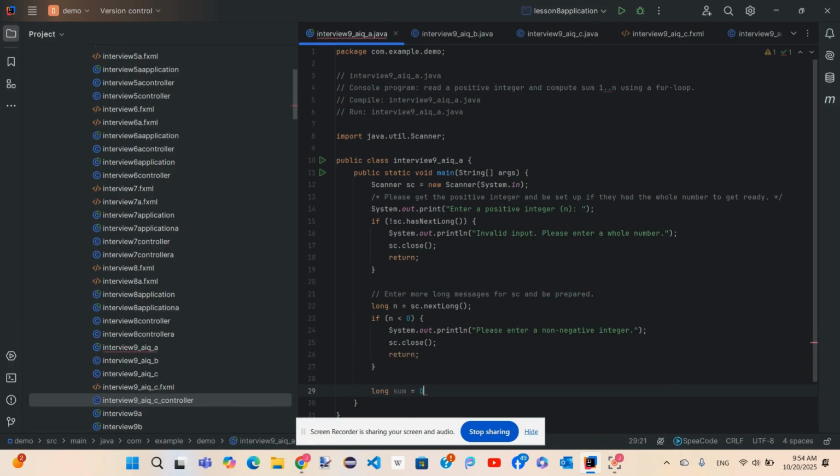long sum equals 0. Enter the long sum below.